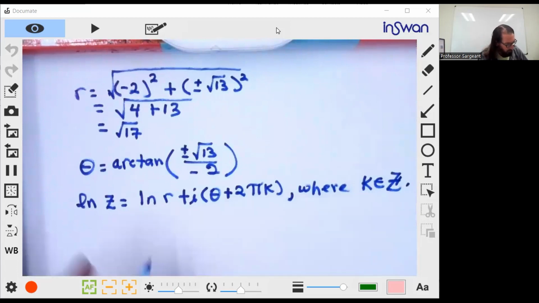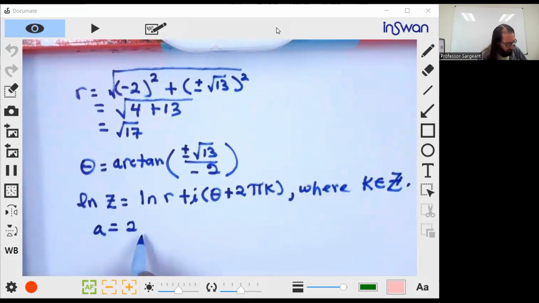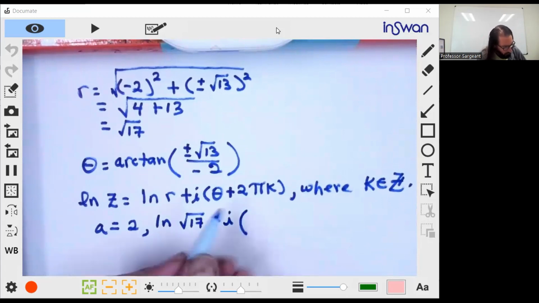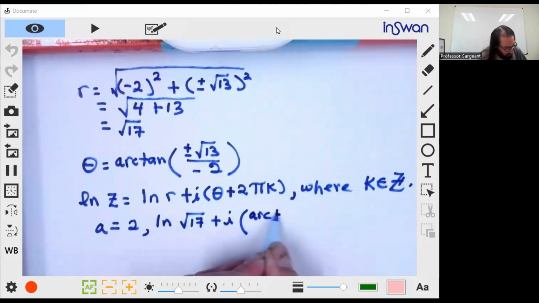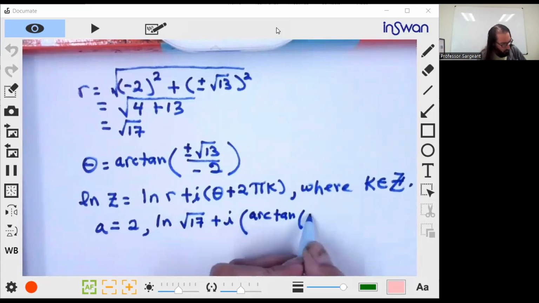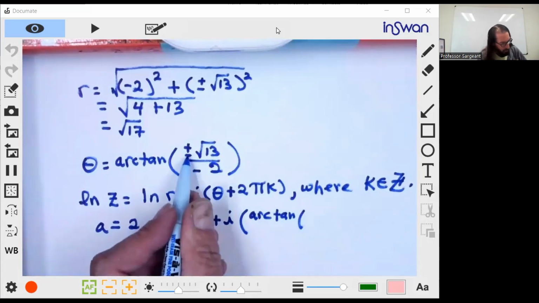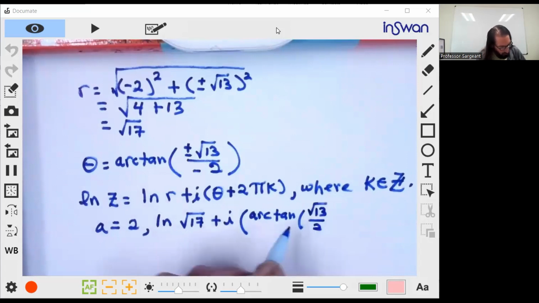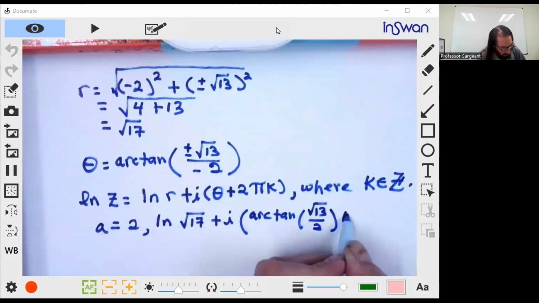So what we have found then is that a equals 2 is a solution. And we also have that the natural log of square root of 17 plus the arctangent of, well, if that were negative, we'd have the 2 negatives canceling out. So square root of 13 over 2, the arctangent of that, plus 2 pi k, where k is an integer,